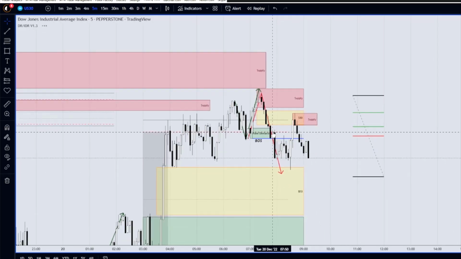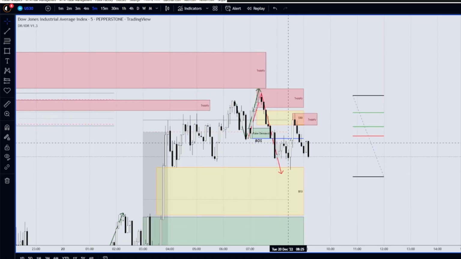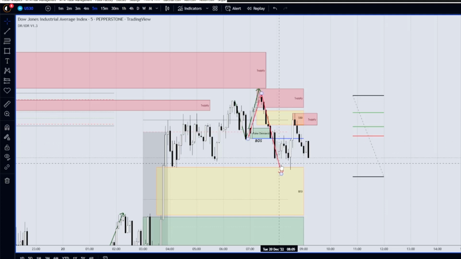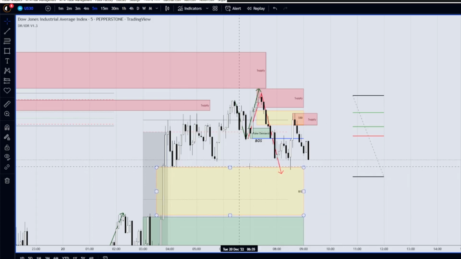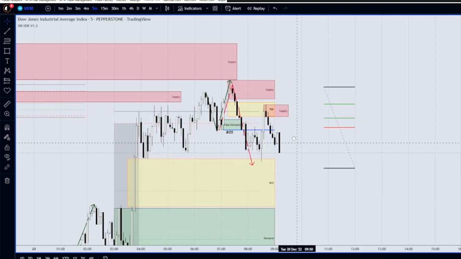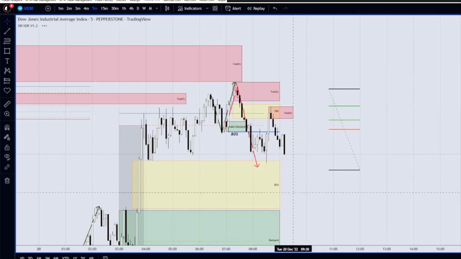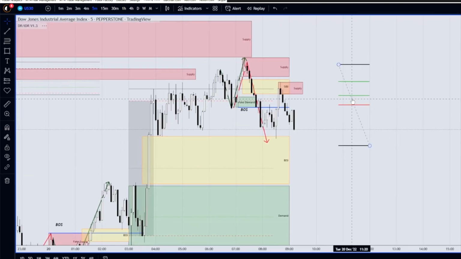In this particular instance, where price was on the break of structure, the move down wasn't strong enough, and hence we have lots of liquidity forming underneath. You can see what price is doing now. It's actually going in the direction I anticipated it to go,